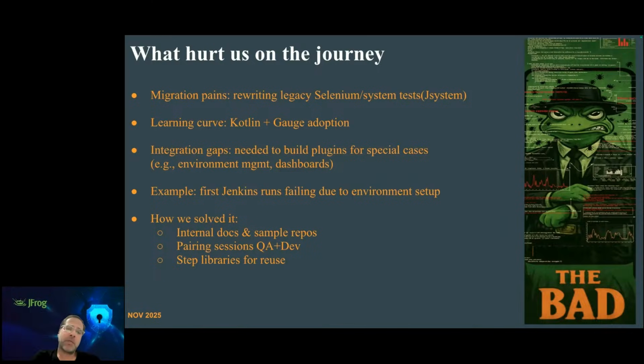When we switched to Gauge, we weren't starting from a blank page. We already had a massive pile of legacy tests, Java scripts that had probably seen more operating systems than I have. Migrating them was, let's say, a journey through the land of ancient code. It felt like moving houses after 10 years. You open a drawer and think, why do we even have this? Every time we cleaned up an old test, we found three more hiding behind it. Some of those scripts were so old they should have been in a museum exhibit titled Automation: The Early Years